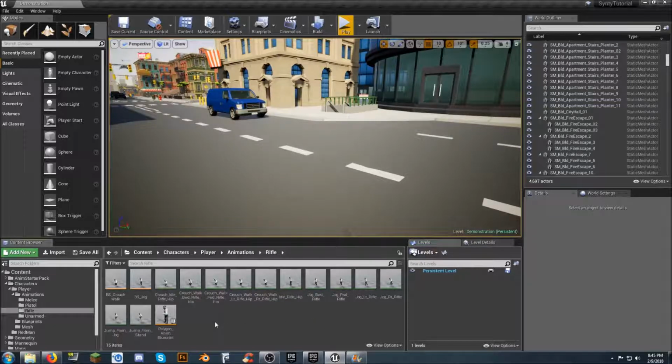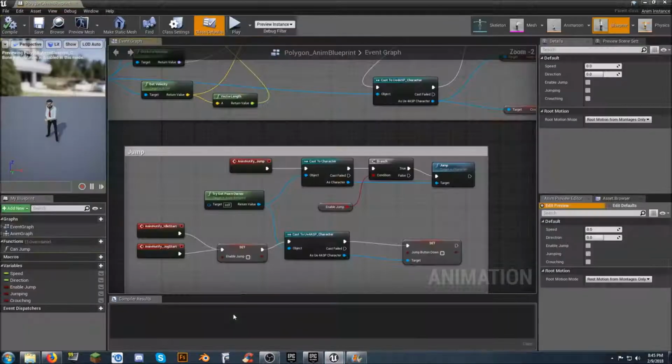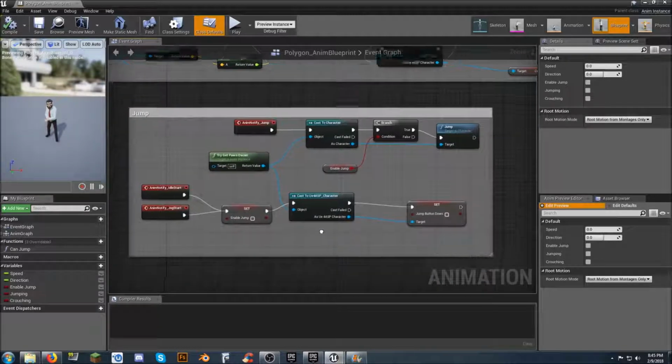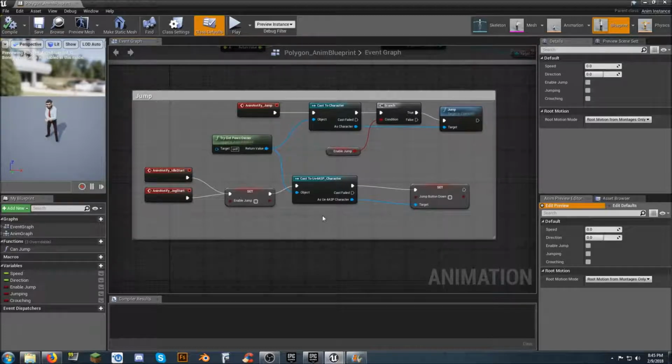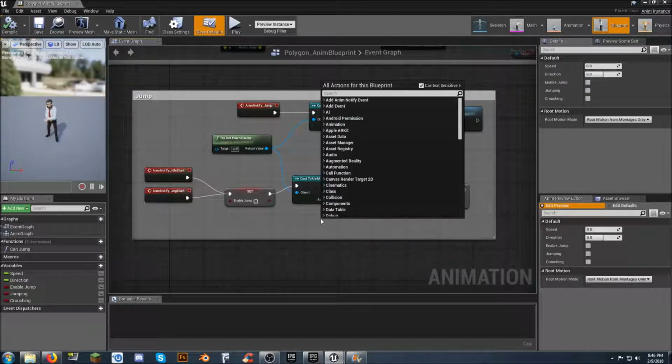Now, to take a look at what's going on with our animations, we want to look at our player animations rifle folder and our Polygon anim blueprint. I'll double click on it and open it up. The reason why it's not working is because it's still trying to call to that other player character. So what I want to do is start off with, to get rid of here, I want to right click